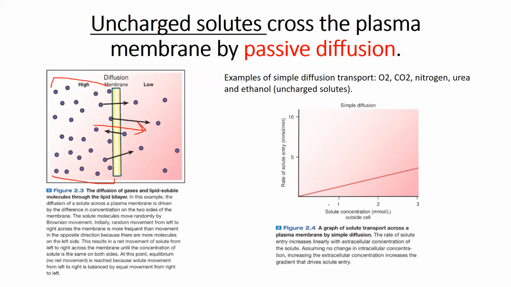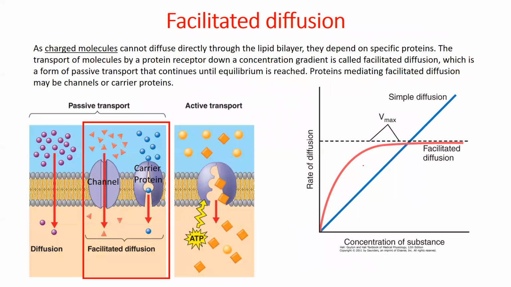So if the difference in the concentrations in the outside compared to inside is big, then they will move very fast. As you can see that the rate is dependent on how big is the difference of the concentrations of the solute inside to outside. Okay, I have to move. Okay. So this is passive